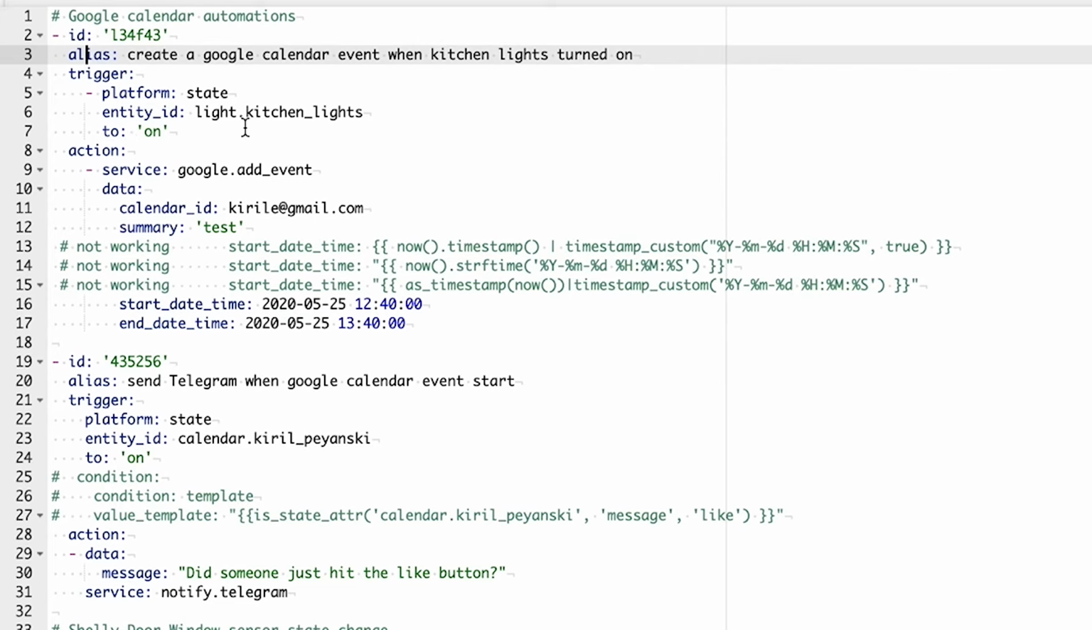The trigger is the kitchen lights to be turned on. So when this happens, execute this action, which is called this Google Event service, available when you integrate the Google Calendar in your Home Assistant. The data will be calendar ID, which is mandatory. You have to get this from your